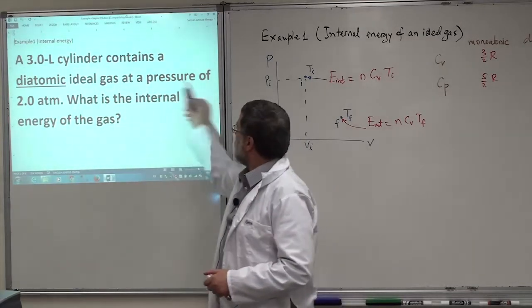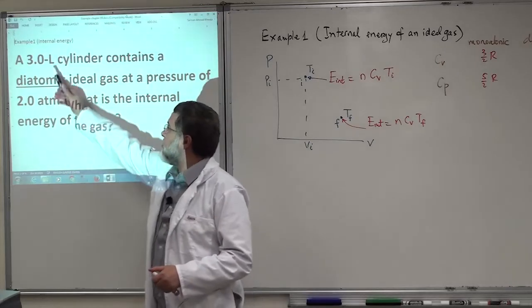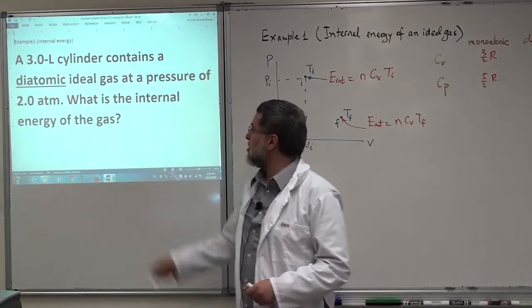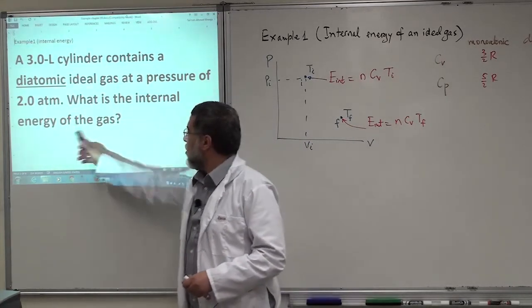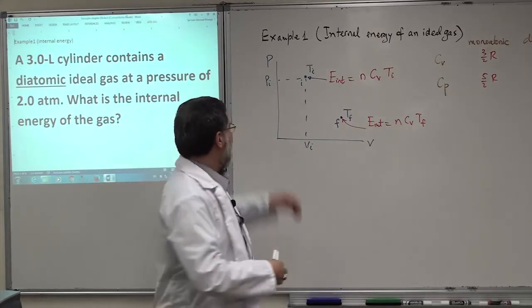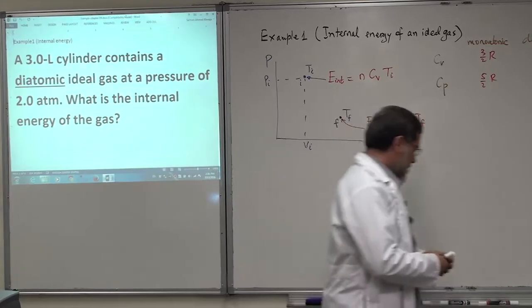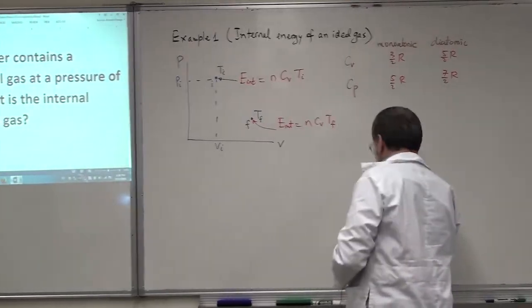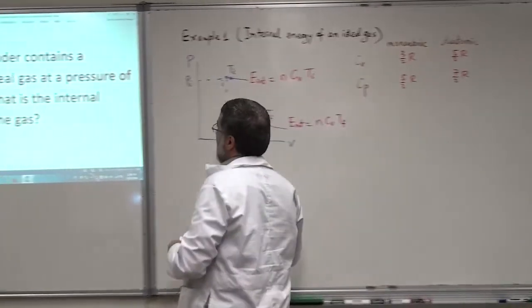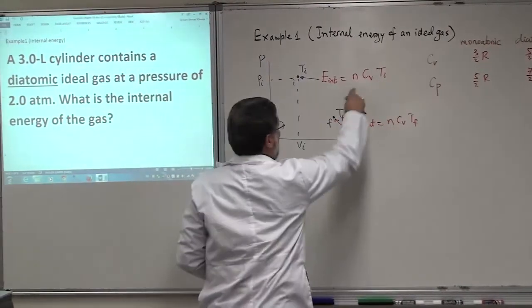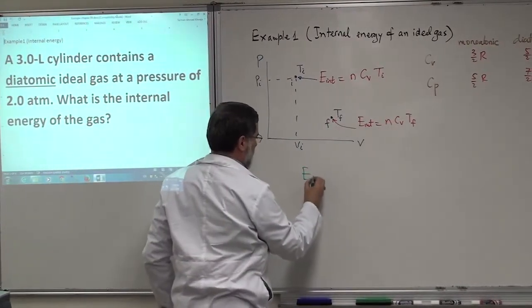At a pressure of 2 atmospheres. So he's giving you the volume of the gas and the pressure of the gas. What is the internal energy of the gas? So he's given you the pressure and the volume, and he wants the internal energy of the gas. This is a very simple and straightforward example. The internal energy, E internal, is